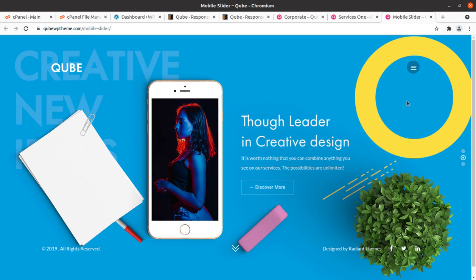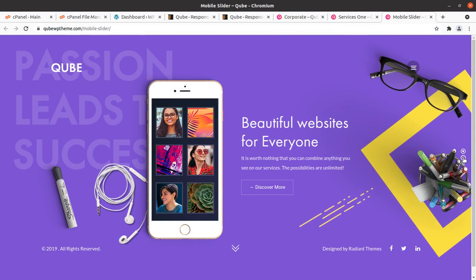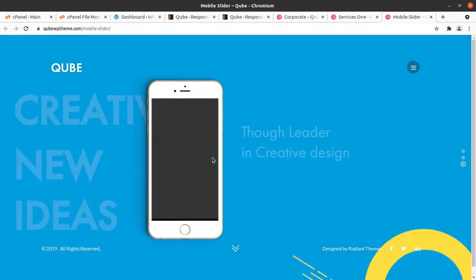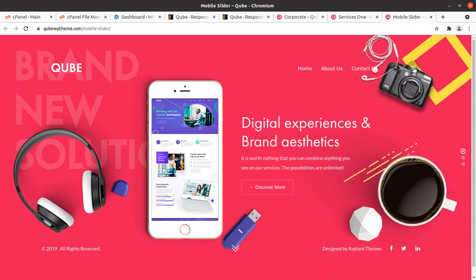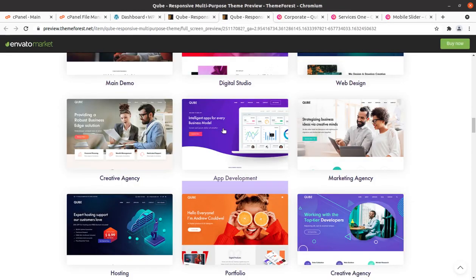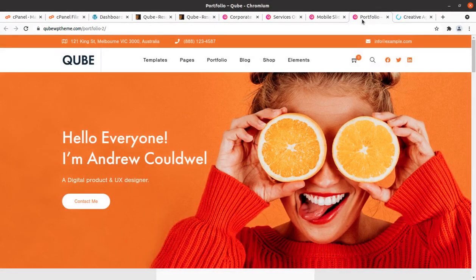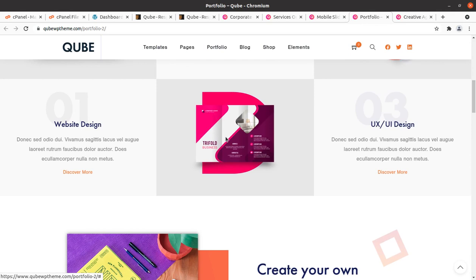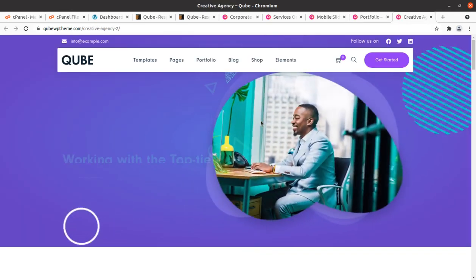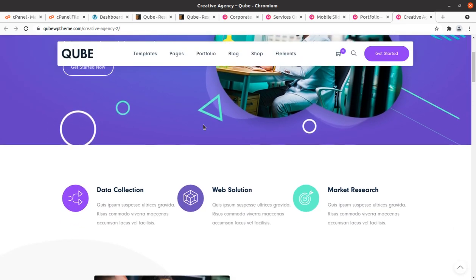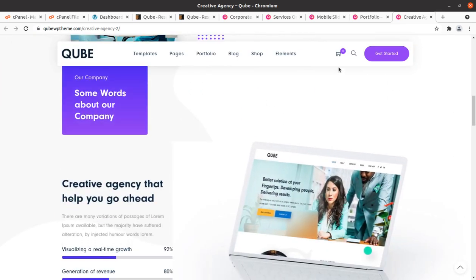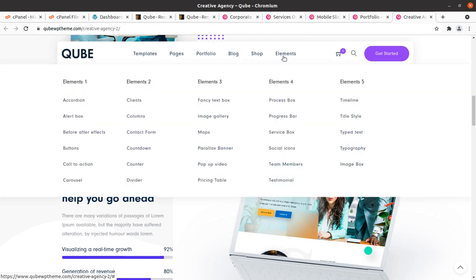This is the mobile slider, and it also has a parallax effect slider, and it is really very good. So the menus have been given in a sidebar format with an open and close format. This is really wonderful, and now I am going to open some more. So that is really looking awesome. This is Cube portfolio, really great. And this is creative agency 2. Okay, this is also very good. So it is a perfect WordPress theme.